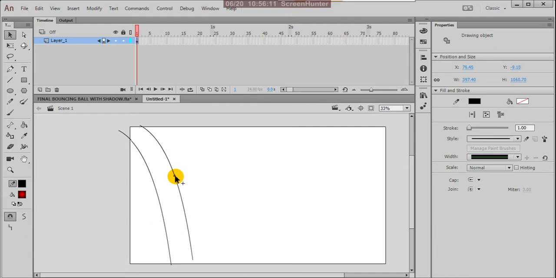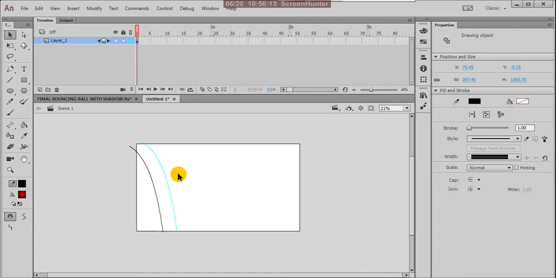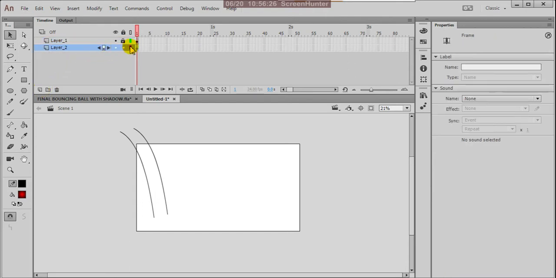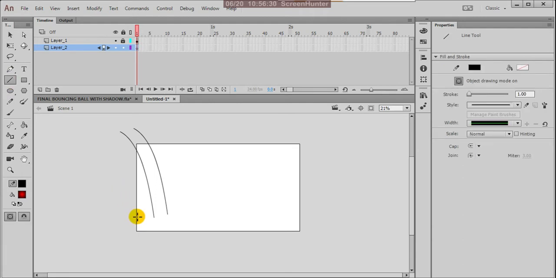Before that, I'll add one more layer here. You can draw one straight line. It is a surface, the floor.